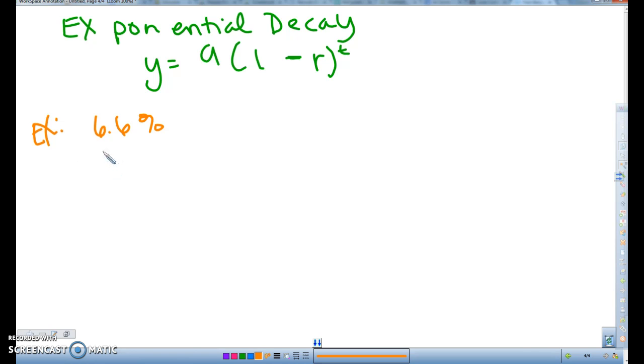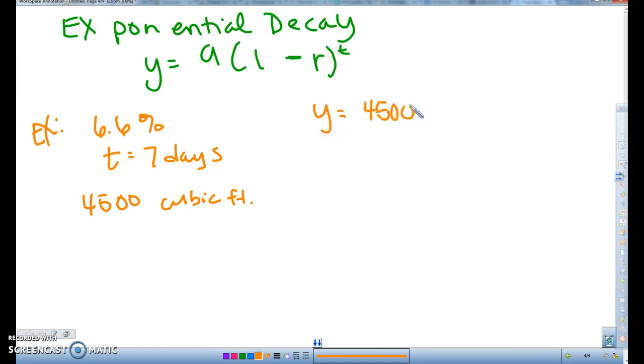And I want to see how much it decays over 7 days. And maybe I'm starting with 4,500 cubic feet. So if I plug all those things into my formula, I'll start with y equals 4,500 times 1 minus 0.066